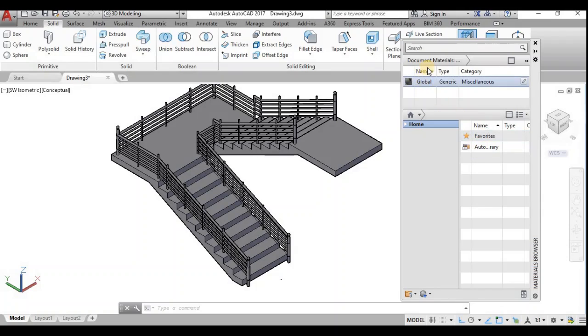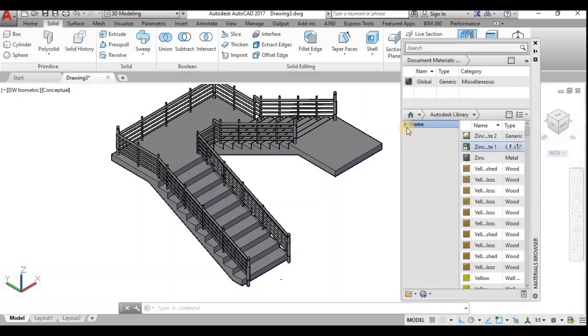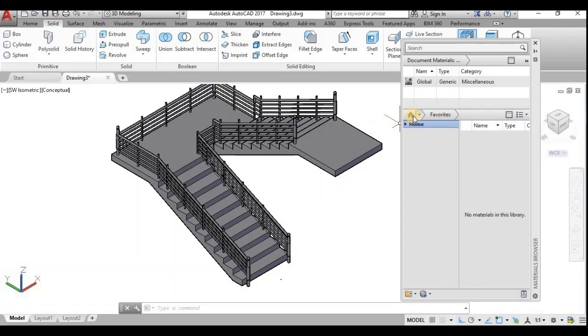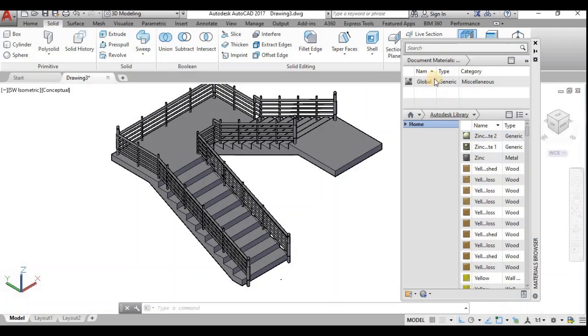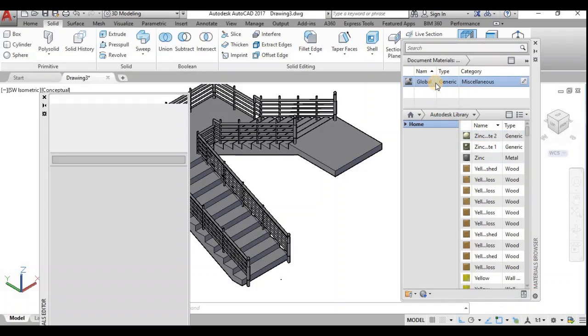Here in the home button we can choose the library. In the Autodesk library you can choose whatever object you require, or if you have any favorites you can choose those. Here it is global.